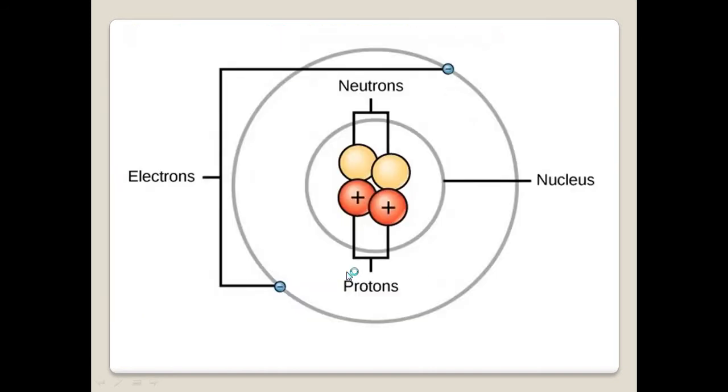Okay, then as we know, in structure of atom we studied that the nucleus contains protons and neutrons. So this is the proton, this is the neutron. Yellow is the neutron, red is the proton which carries positive charge, whereas these blue are the electrons which carry negative charge. On neutrons there is no positive or negative charge because they are neutral. Are you getting this?